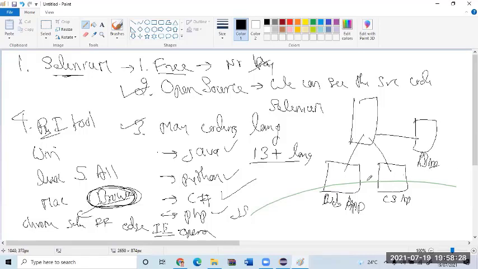Now look at this. Using Selenium, can I test all the Zoom versions? Sorry, you cannot test it. You can test only the web application. You cannot test client server. We cannot test mobile. You need to use some other tool. For those applications, you can use some other tool, for example QTP or something. You can do that.